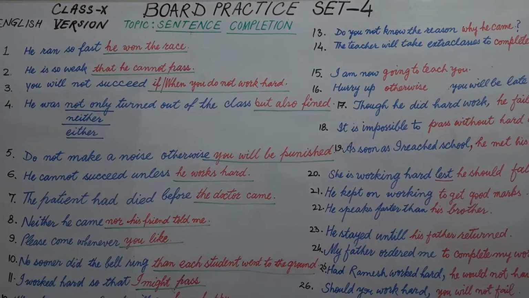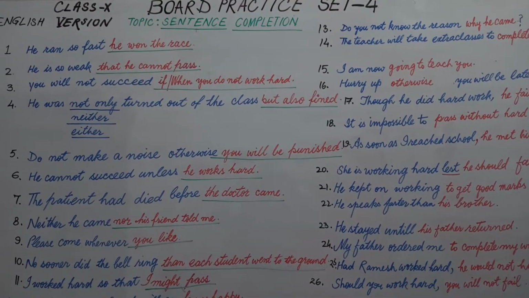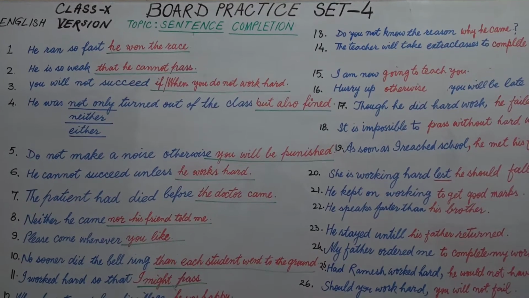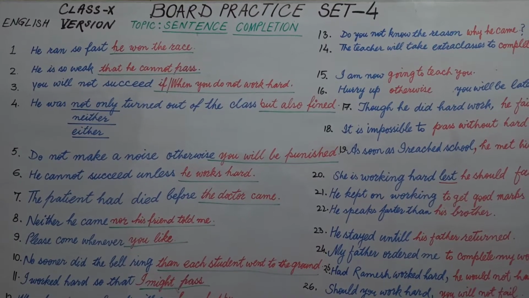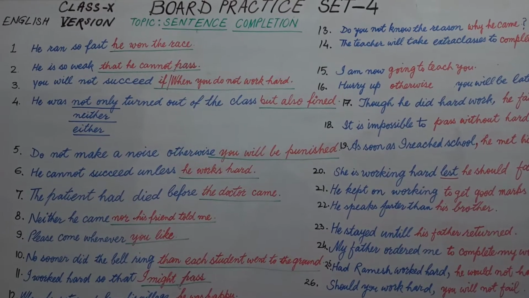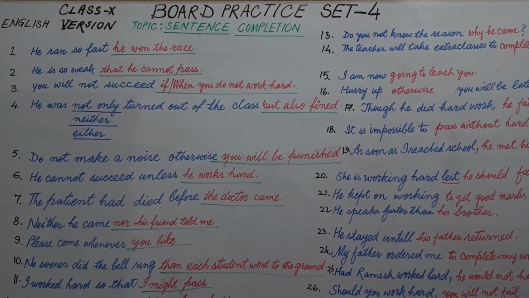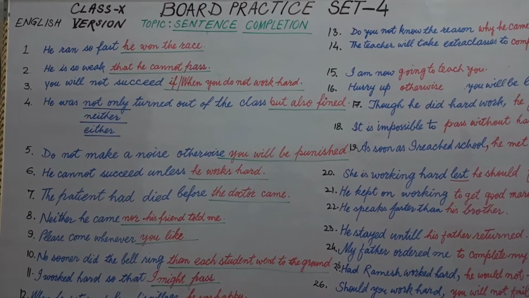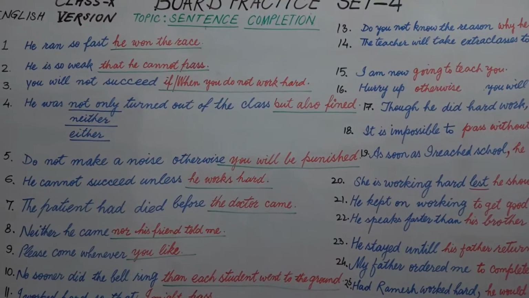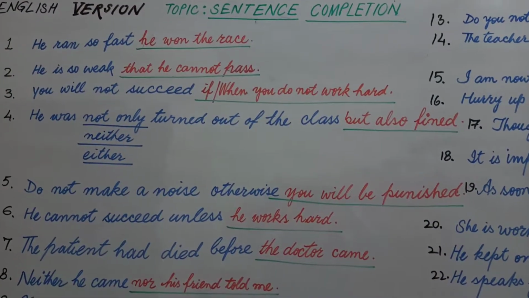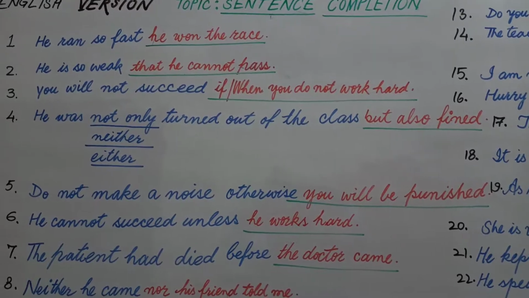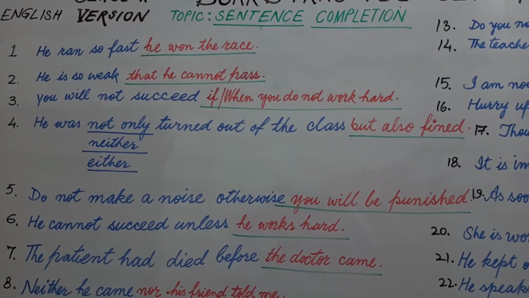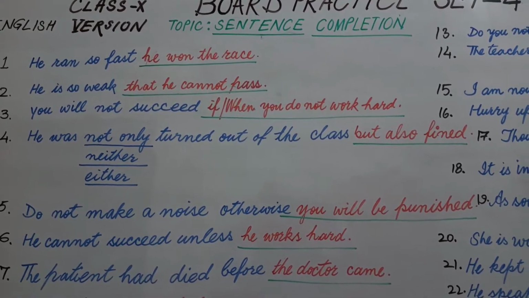If we have more than one verb, that is a clause. And clauses are noun clause, adjective clause, adverb clause, and coordinate clause. These are the clauses. I mean complex sentence and compound sentence. Now students, we are going to complete this sentence based on various conjunctions, and whenever we fill any blank to complete the sentence, you must come to know what tense is given in the beginning in the question, and accordingly we use the concerned rules in the part given blank.